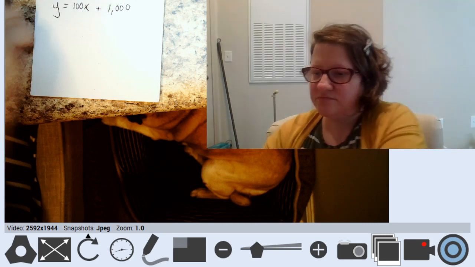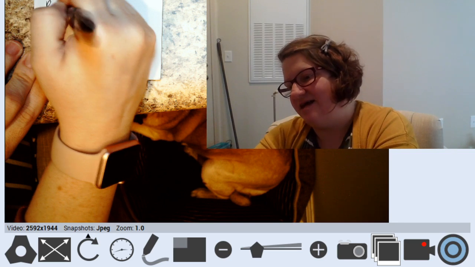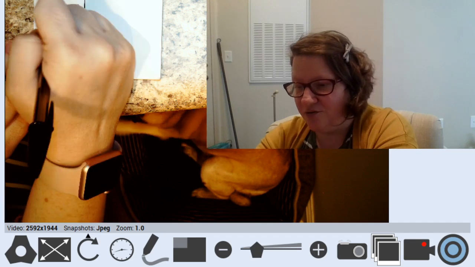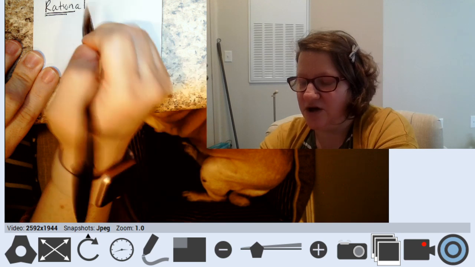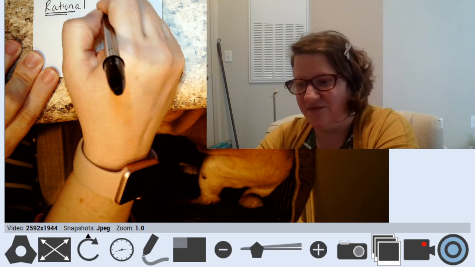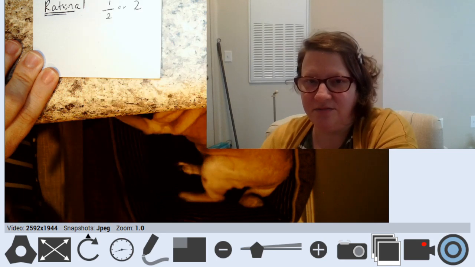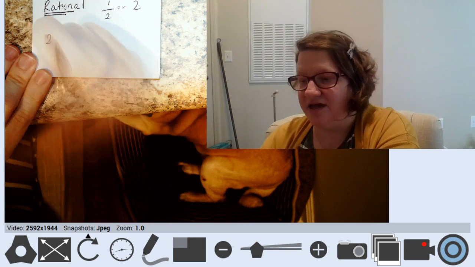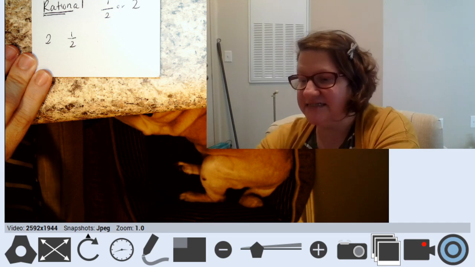First of all, rational numbers, and we've talked about this a lot, and hopefully this will help it come back to you. Rational numbers have the word ratio in them. So I'm sure you've heard since 6th grade, a ratio means it can be written as a fraction or a proportion, something like that. Rational numbers can look a couple of different ways. They can look like a whole number. They can look like a fraction. They can look like a decimal